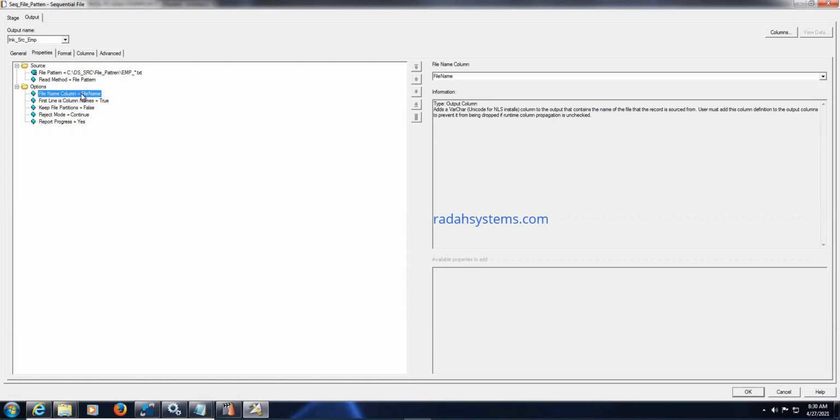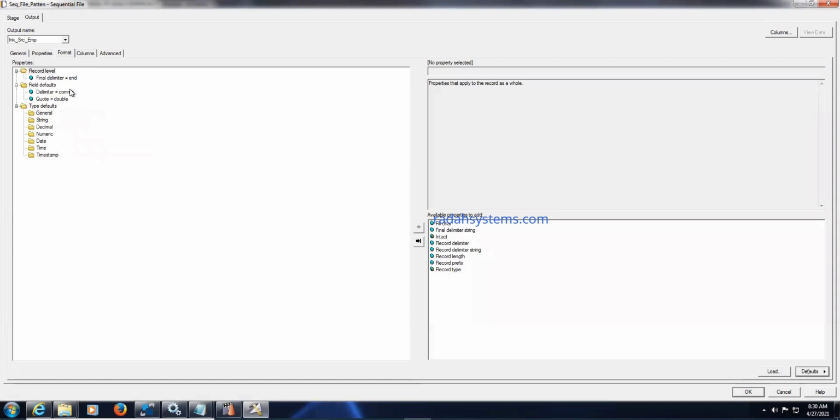So if any issue comes in future, there should be a tracing mechanism. That is the reason we are giving the file name here. The rest of the options are default, and whatever file name is there, you have to give the same file name.